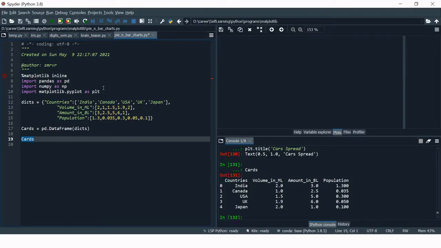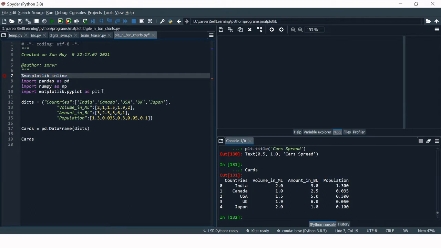To understand this thing, it is very important that you should have at least basic knowledge of pandas or data frames. So here I have imported matplotlib. In the same fashion, you can also import it. If you are using Jupyter Notebook, do not forget to use this parameter matplotlib inline.